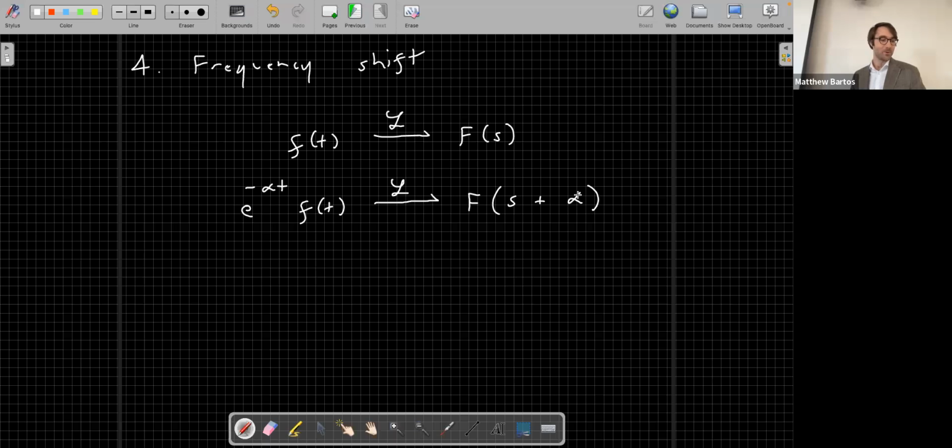So what property is this similar to? Right, it's the opposite behavior of what we saw with the time shift. So shifting the frequency is equivalent to multiplying by an exponential in the time domain. All right, this next property is probably the most